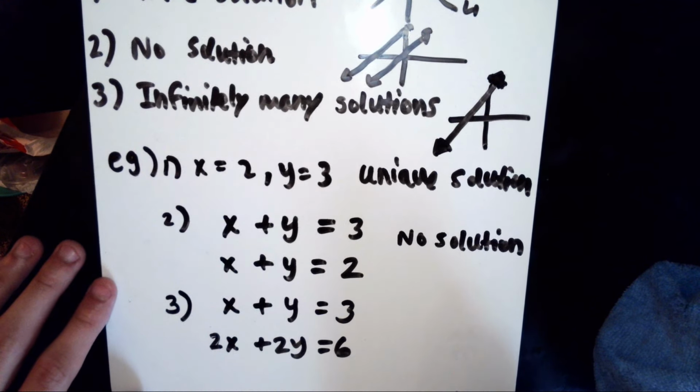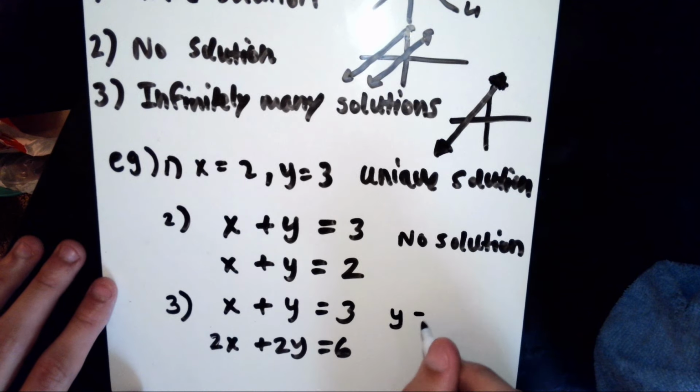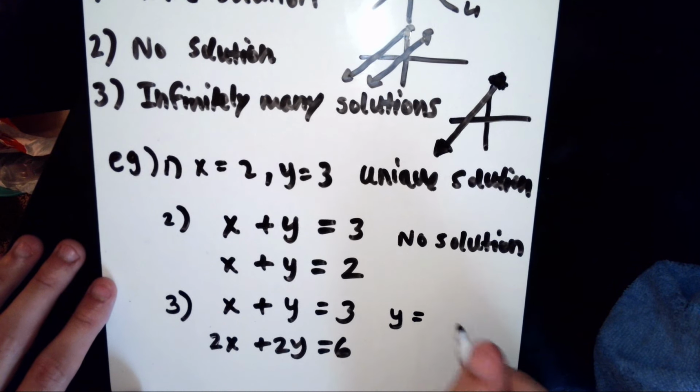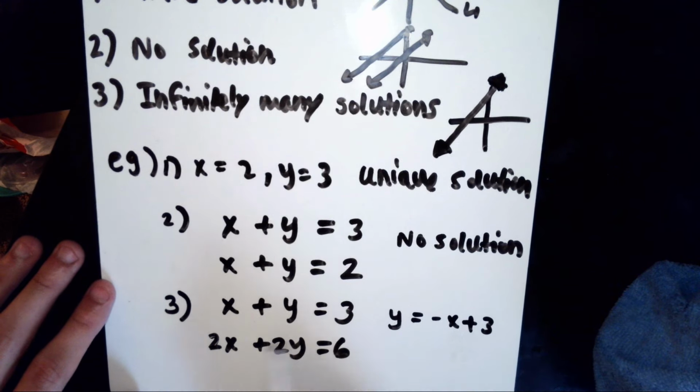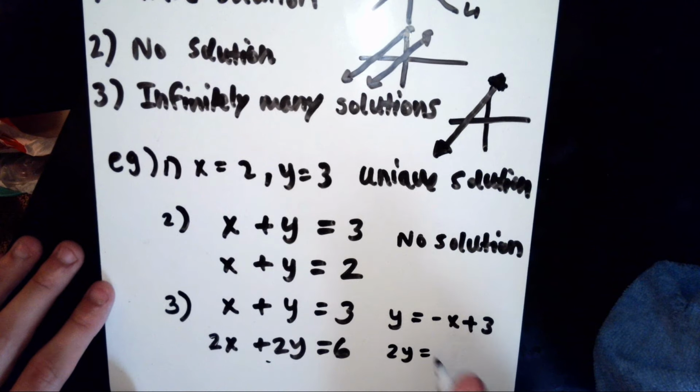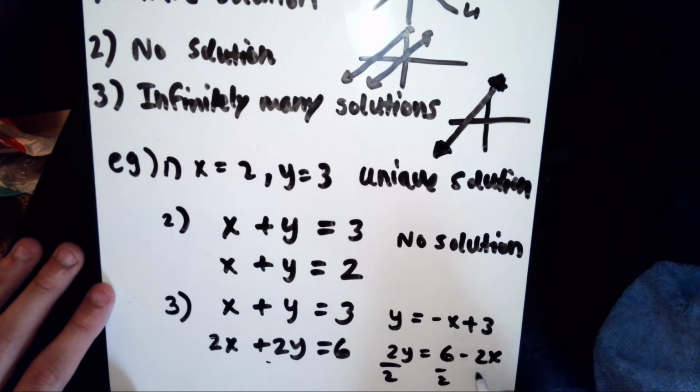So notice that if we solve for y, if we subtract x from both sides, we get y equals negative x plus 3. And then here, if we solve for y, we get 2y is 6 minus 2x, and then divide by 2, and then we get y is